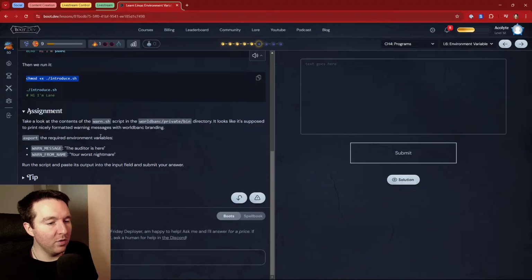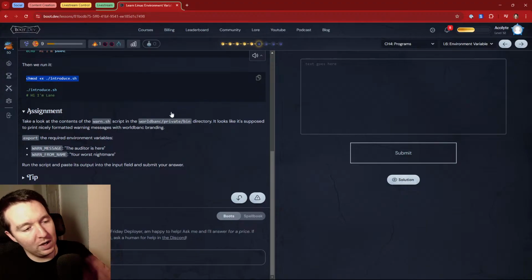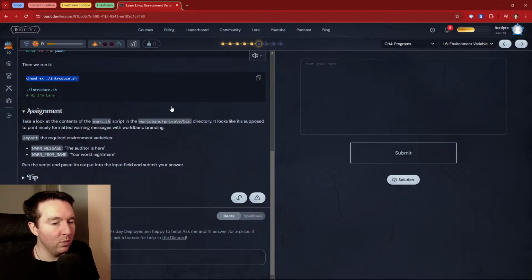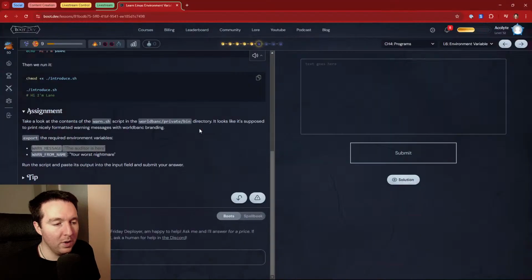Take a look at the contents of the one.sh script in the World Bank private bin directory. It looks like it's supposed to print nicely formatted warning messages with World Bank branding. Export the required environment variables: warning message, the auditor is here, and warning message, your worst nightmare. So I'm going to do that, and then that one.